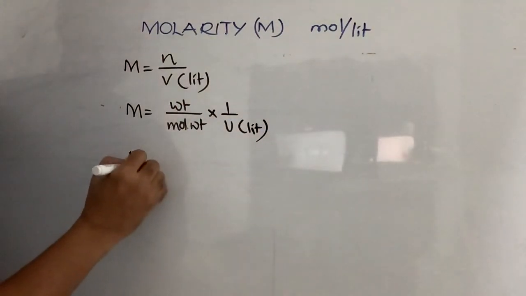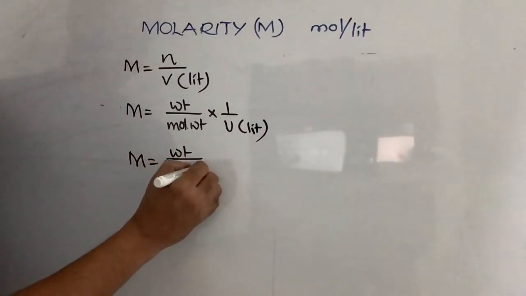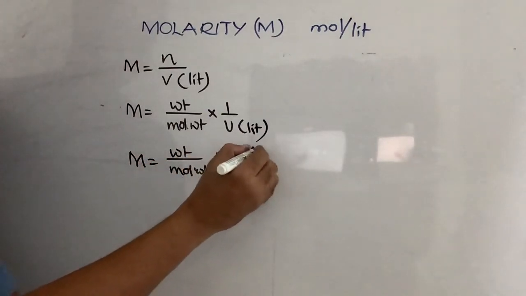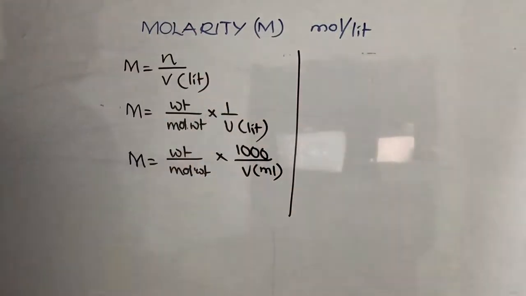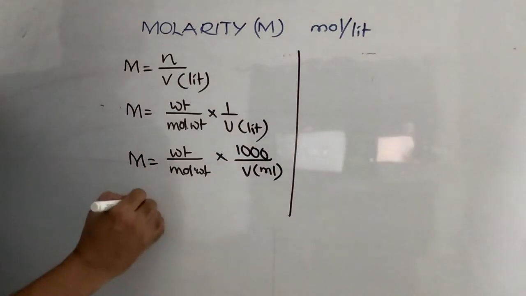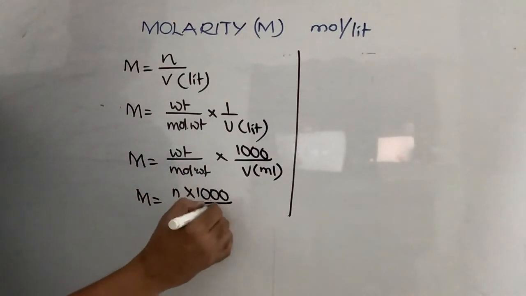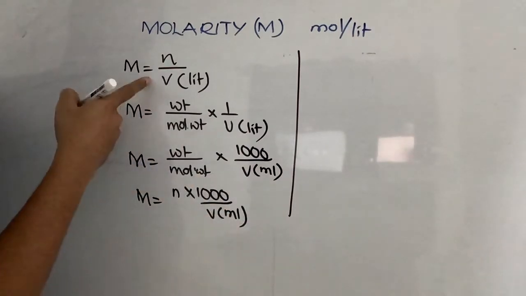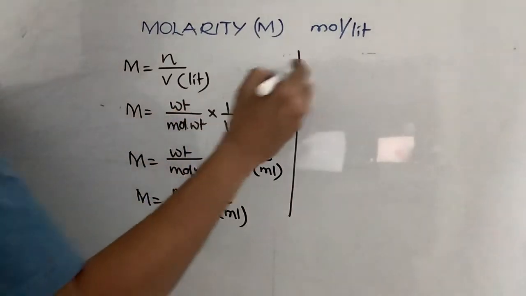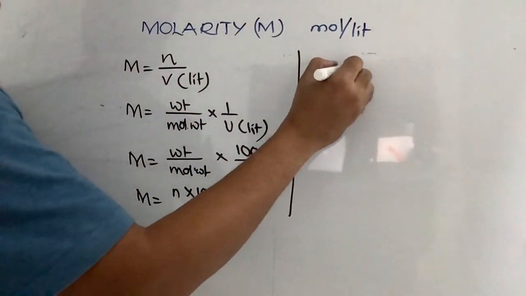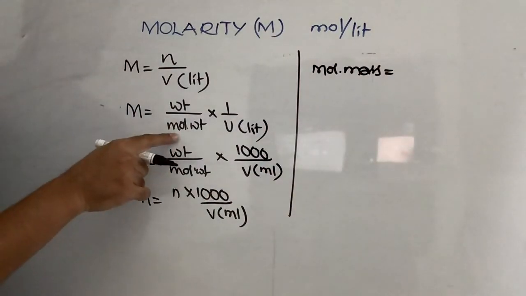Molarity is equal to weight by molecular weight into 1 by V. If it is given in milliliters, then 1000 by V in milliliters. Molarity is equal to n into 1000 by V in milliliters. From this I have written this. Most of the time they will ask you what the molecular mass is. So the molecular mass is equal to,